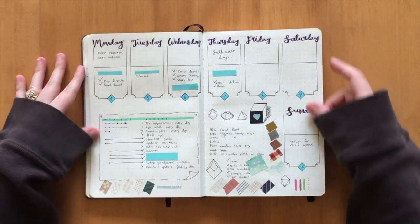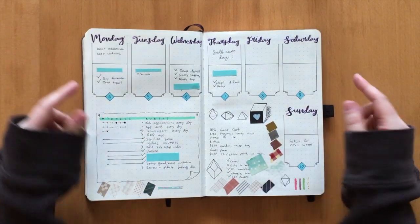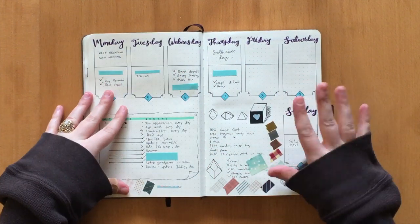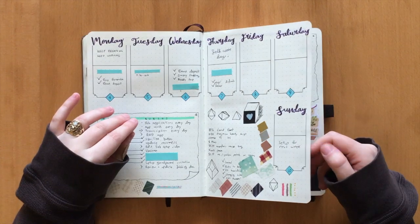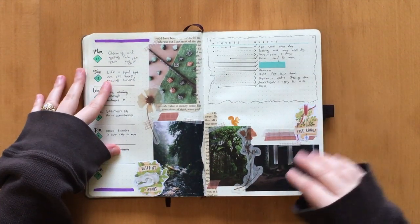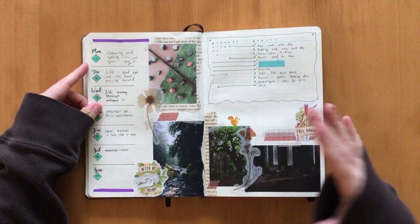This is the first week of February, which this setup was included in my video. I mostly used this space to swatch the new washi tapes that I got. Yeah, I liked this setup, but I didn't love it super much, so I decided to do something different for the rest of the month, starting with week 2, where I did a Druid Ranger theme with some pictures from the internet and some stickers and some of the new washis that I got, and I absolutely love this,